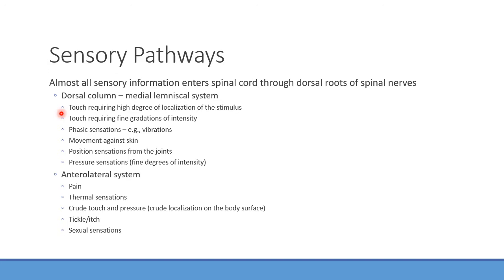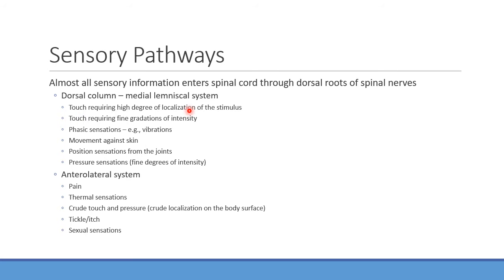Most people probably should. However, when you're talking about actual degrees of localization, they can get much more fine than that. So we're going to talk about differences in how you can pick up, say, a pinprick that's only 1 millimeter apart versus one that's like 10 millimeters apart. And again, certain tissues are better at picking up those small differences than others. So for instance, do you think your fingers or your back is better at picking up small differences in that localization? Your fingers, right? You have a lot more nerve endings there that are meant to transmit those sort of signals, and that's all through that medial lemniscal pathway, right?